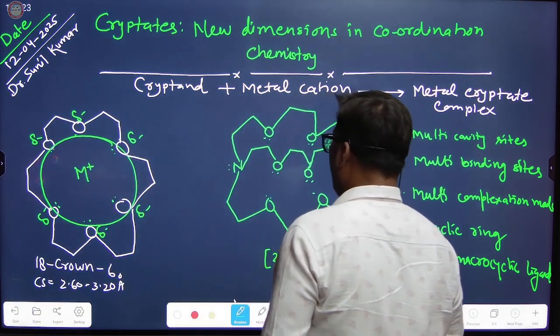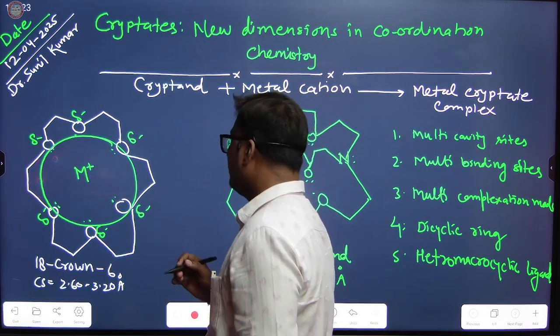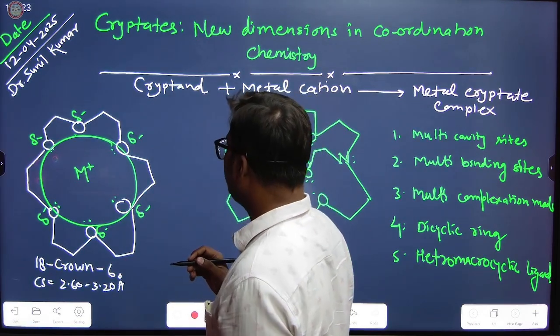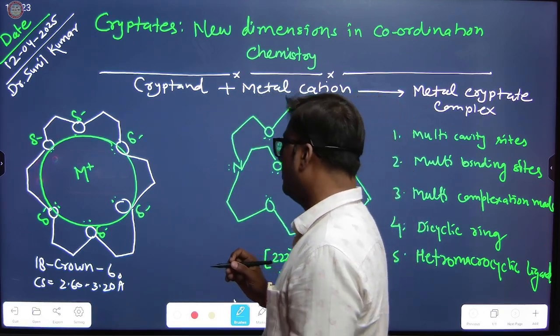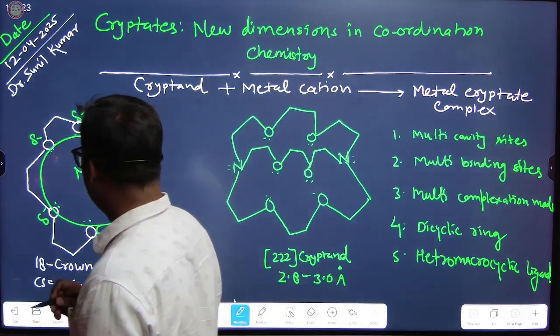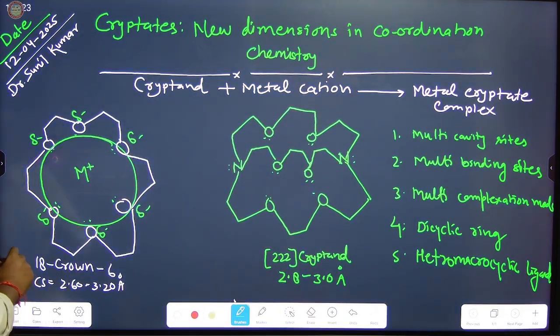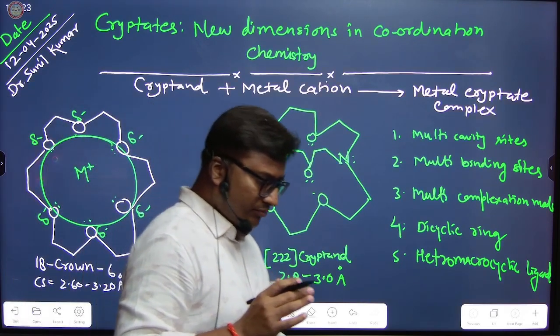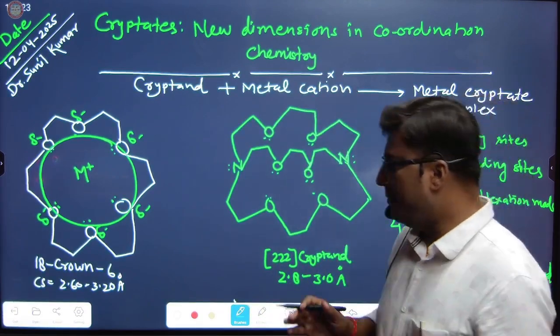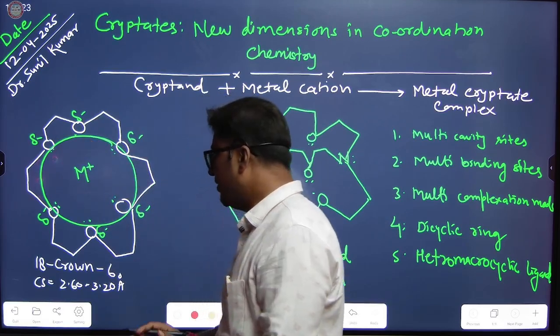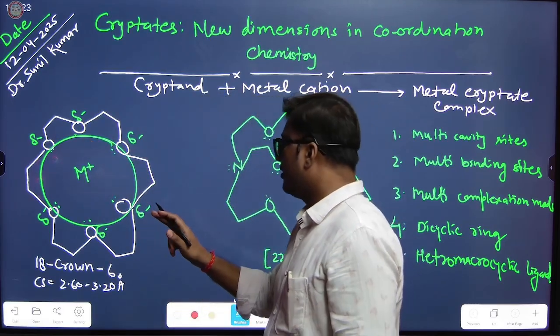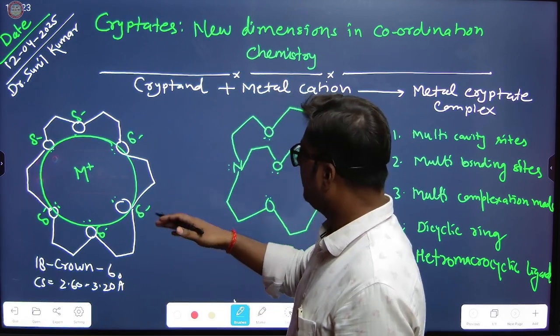And this high electron density comes from the delta negative charge in the inner part of the ring, right? So if the size of the cation matches with the cavity size of this ring, then only that metal cation can be trapped by